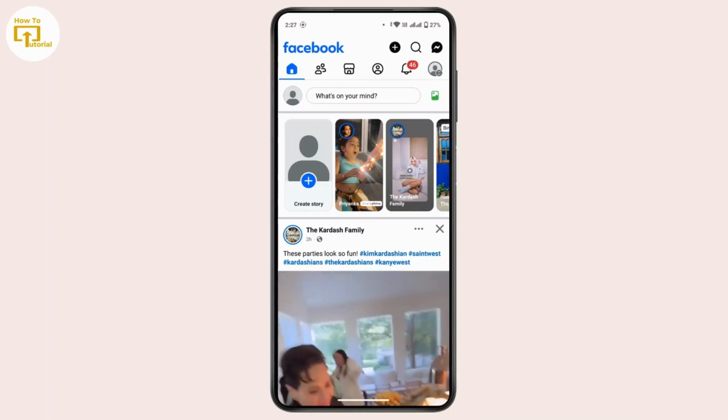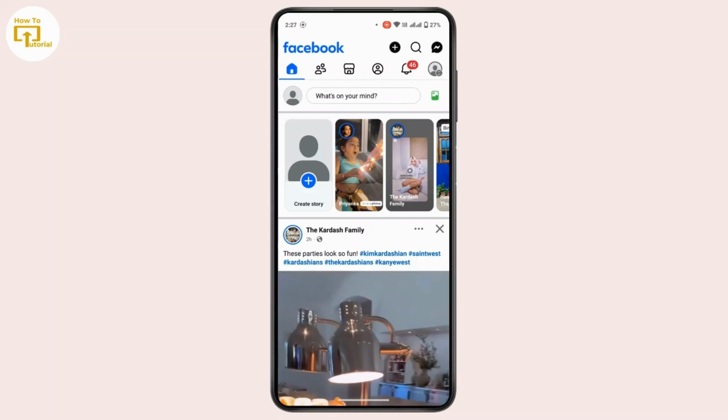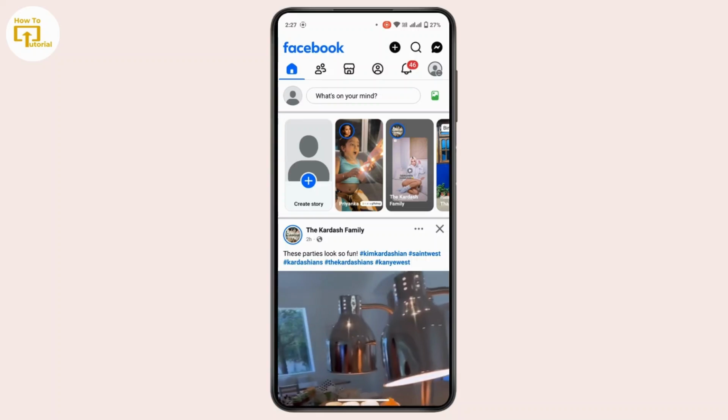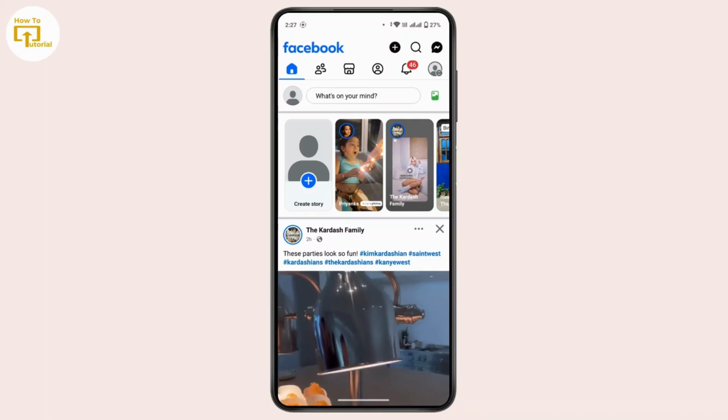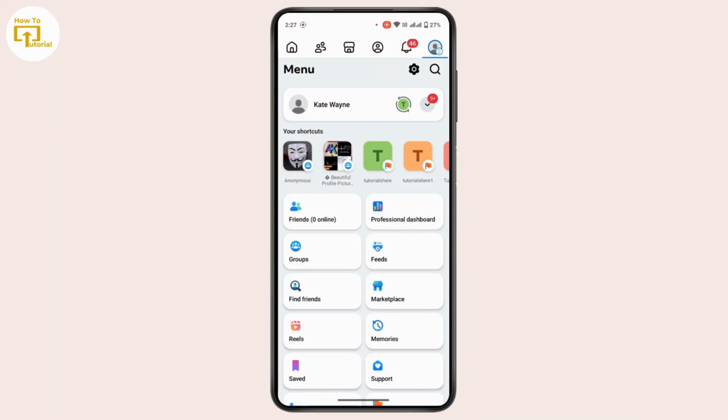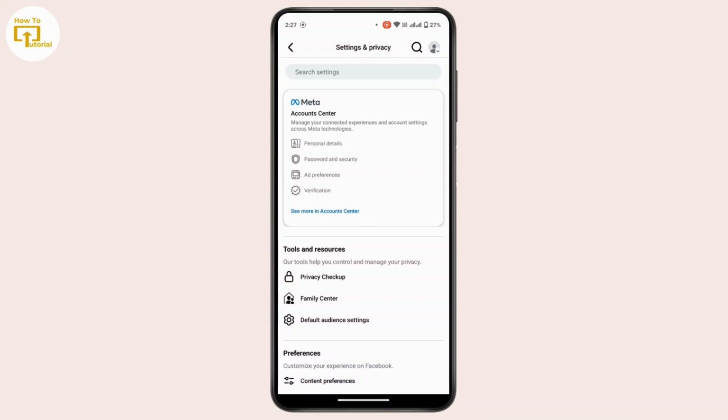First of all, launch the Facebook application and make sure that you're logged into your preferred account. Once you're on your home page, navigate to the top right and tap on the profile with the three-line icon. You will land on the menu page. Tap on the settings icon, again at the top right, and once you're here, tap on the first section, that